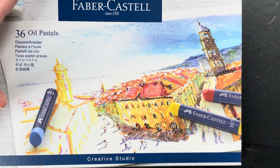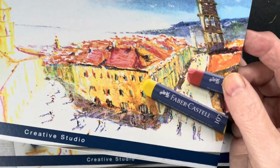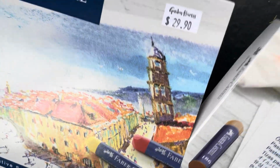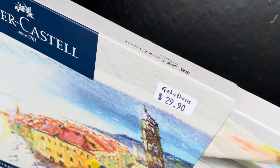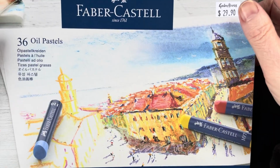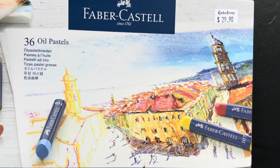because the whole thing is they should be opaque, but the blues aren't as opaque as what I expected. But that's okay. It could be the paper I was using. So because I don't really have any pastel mat or anything, so I figured I'd just use what I had here. But I did buy,